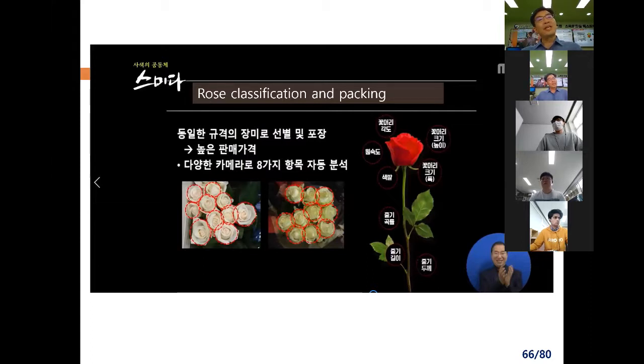So an engineer came up with this idea. Don't we think we can get a higher price if we collect flowers with the same maturities and pick them up and sell them? An engineer selected 8 indicators to determine the maturities of flowers and automatically measure them with a CCD camera. Stem thickness, stem length, stem curvature, flower head size, color, flower head angle, like this.